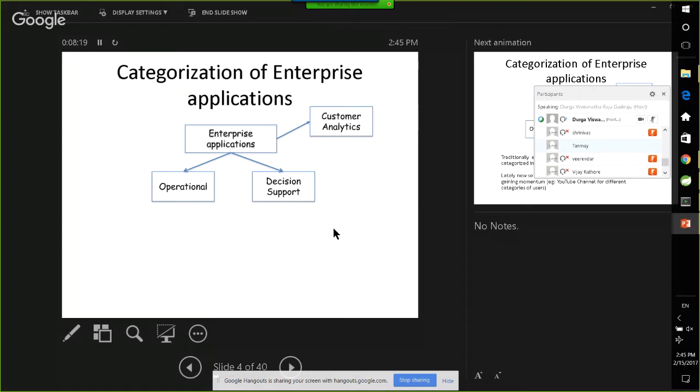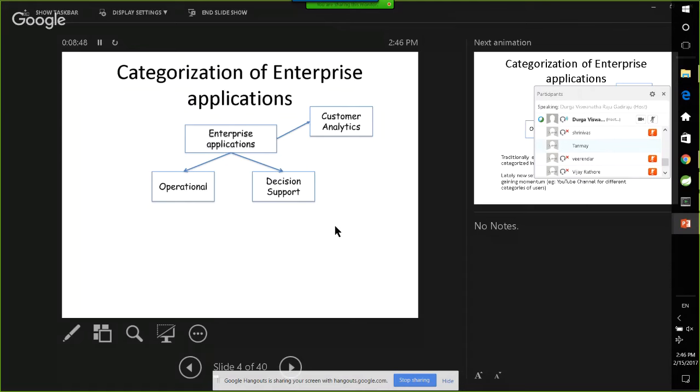Think about any affiliate based businesses. There can be hundreds and thousands of affiliates for a company. For example, Flipkart, there might be too many vendors. We are one type of customers who are buying products. At the same time, there will be sellers in Flipkart, Amazon, etc., who can be hundreds of thousands of them, and they should get their own report on how their businesses are performing. So that is customer analytics.